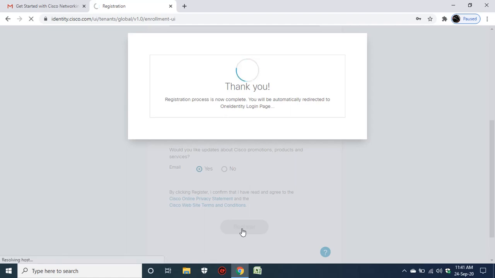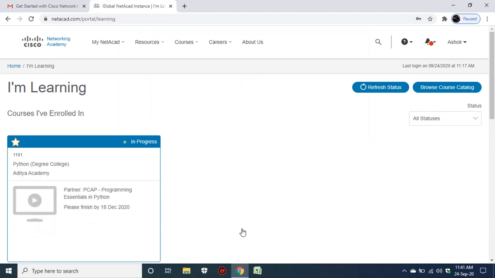So after registration is done, you will be redirected to a login page, right? See, now I have been redirected to login. Now I can see the course assigned to me, the Python degree college course.